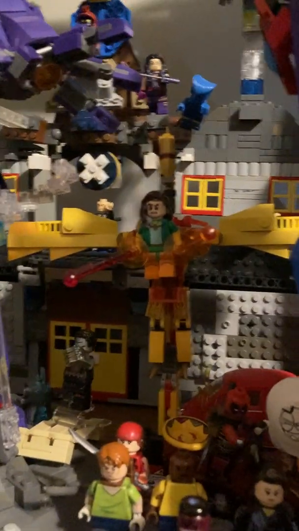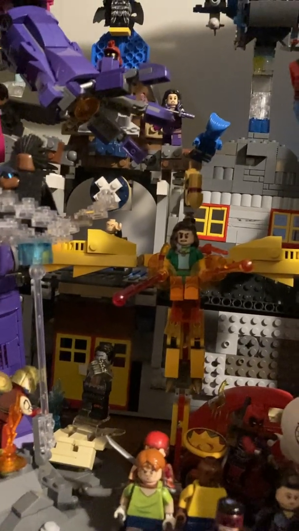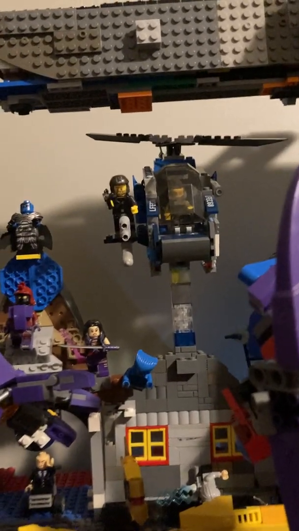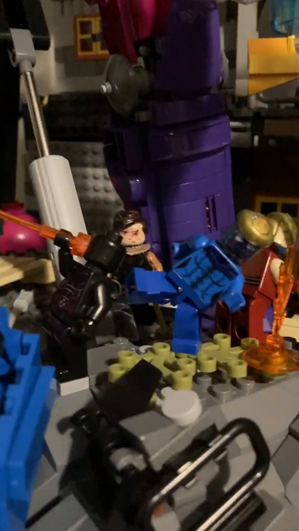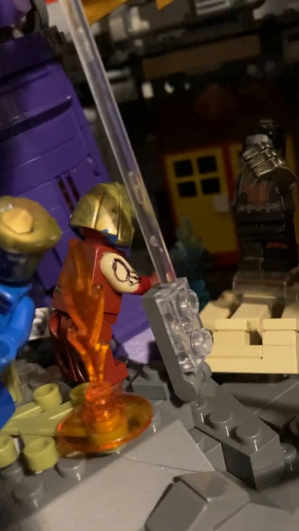Back here, we have the Phoenix Force Jean Grey with a custom Phoenix build that she's attached to. Up here, we have William Stryker on a helicopter, which has a missile and machine guns about ready to attack. Down here, we have Mystique from the X-Men movies, Cyclops from a comic book, Gambit, by the way, I don't know what comic book Cyclops came from, Juggernaut, which is a custom from the